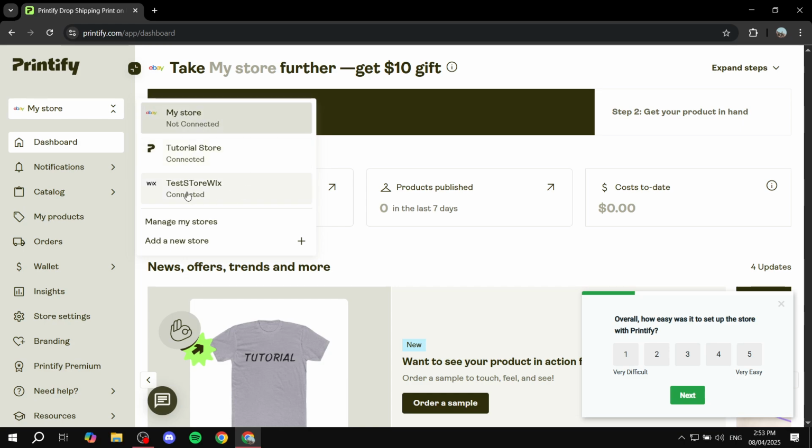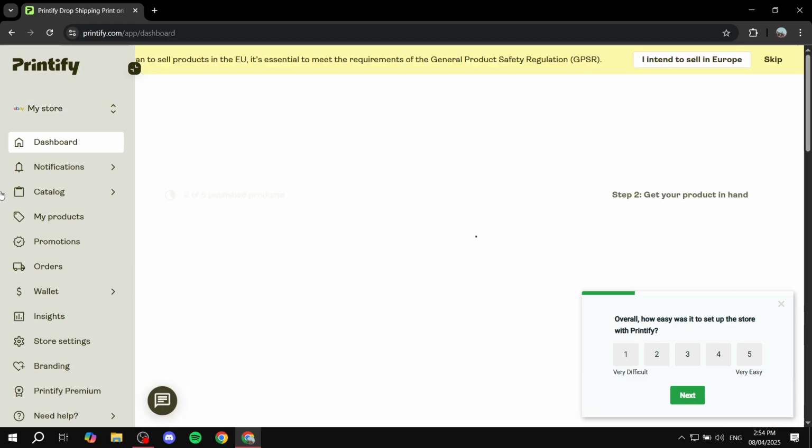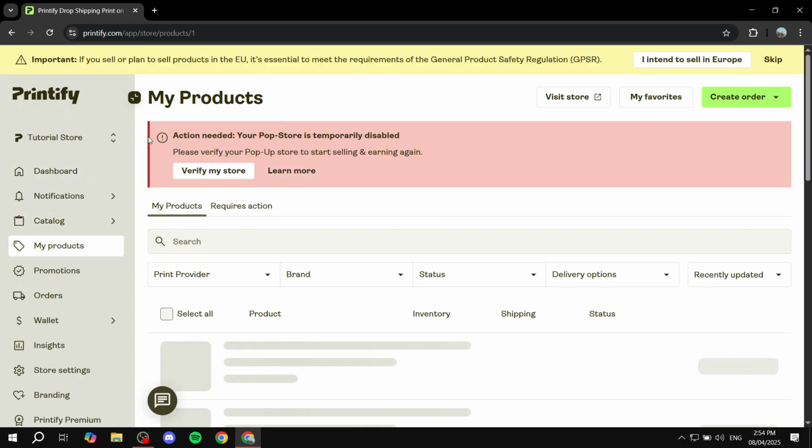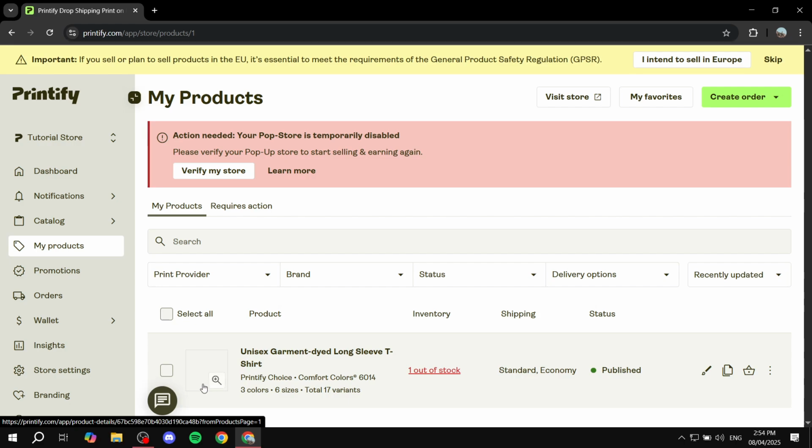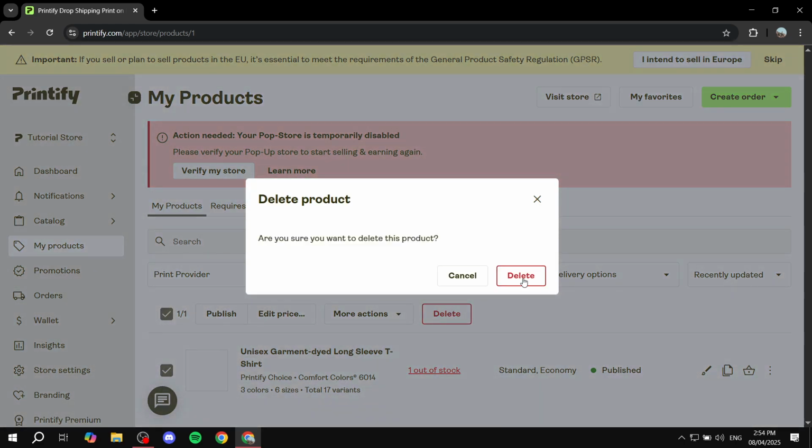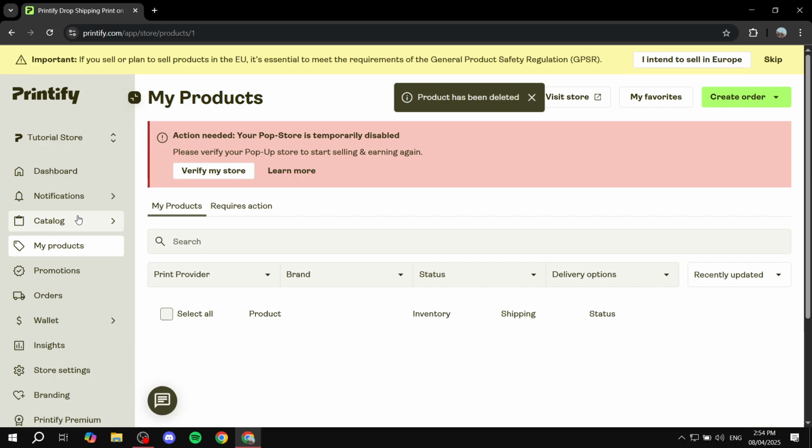And once you actually set up your store, and you can do it by adding a new store from here, you just click on add a new store and follow the steps depending on which platform you actually want to use. Or just click on manage stores and you'll be able to do more settings for them. Either way, once you're done with this step, I'm just going to be using this one for the time being. So once you're happy with it, I'm just going to go ahead and show you how to actually create the